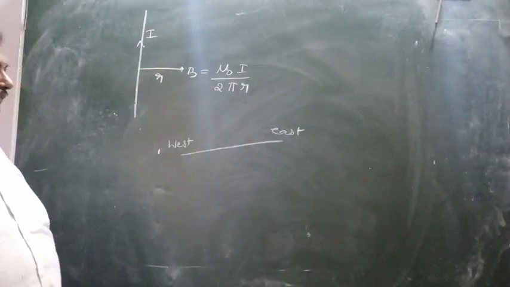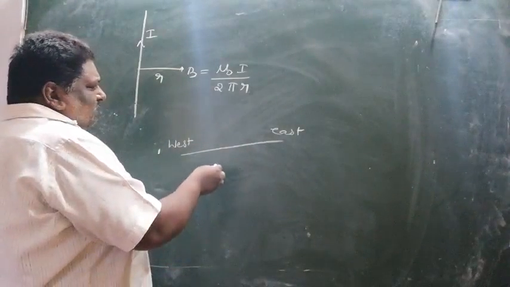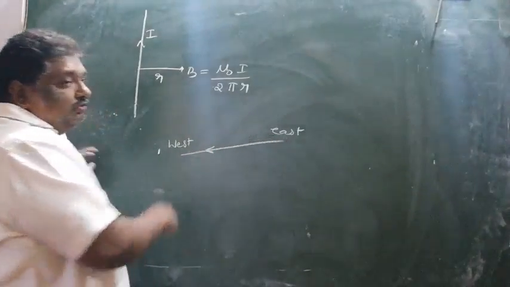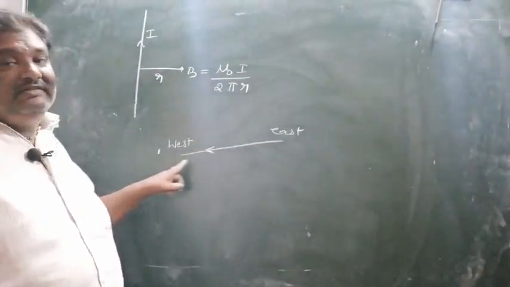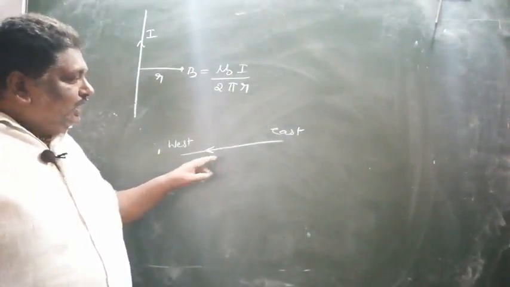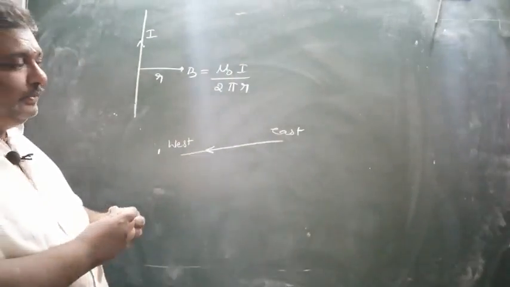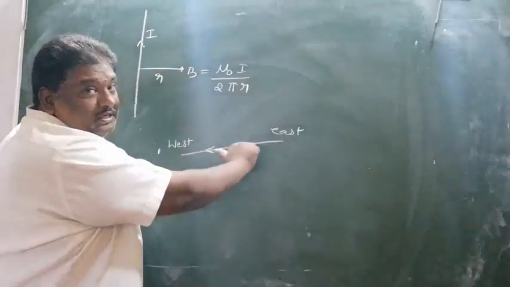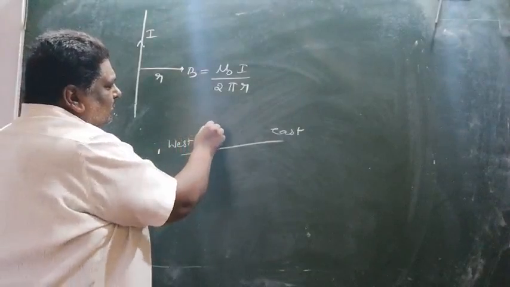So here the magnetic field is passing, and of course current is passing from east to west. One conductor is taken, placed in the east-west direction. Current is passing from east to west. What happens to the direction of the magnetic field? You have to hold your hand like this: in the thumb direction, current is passing; in the fingers direction, the magnetic field. So here, crosses.